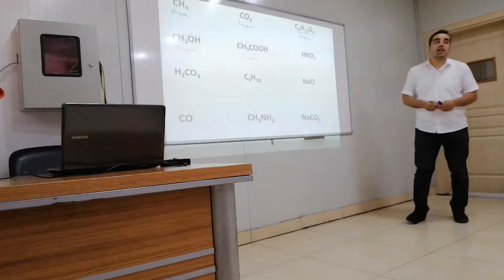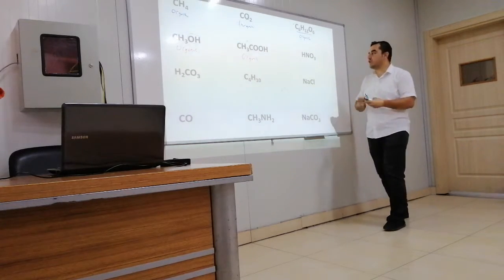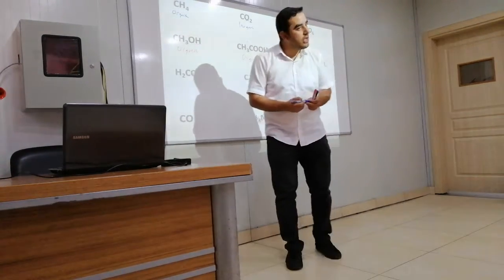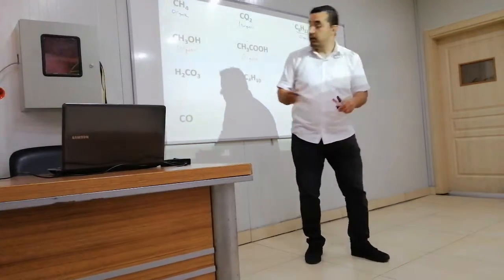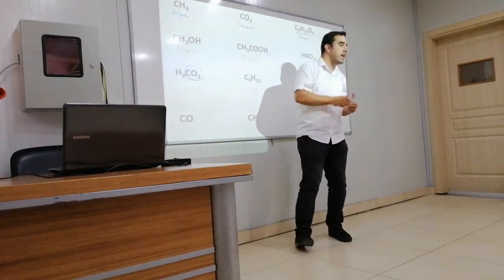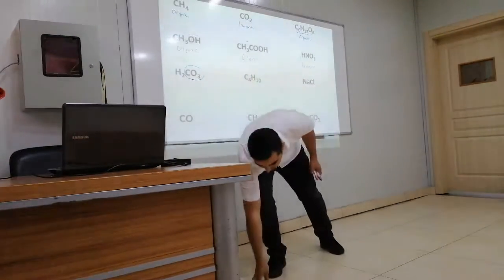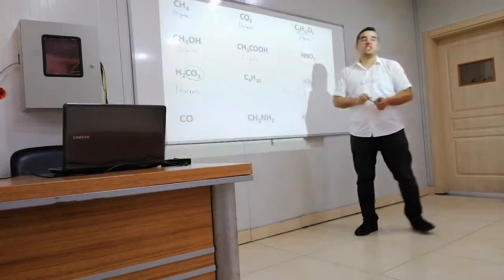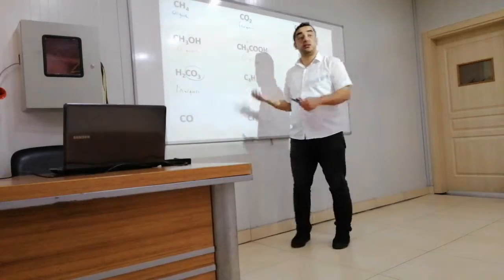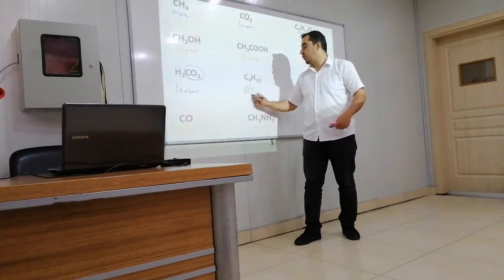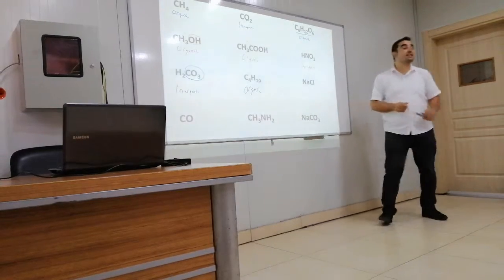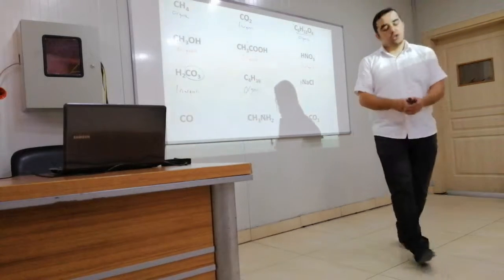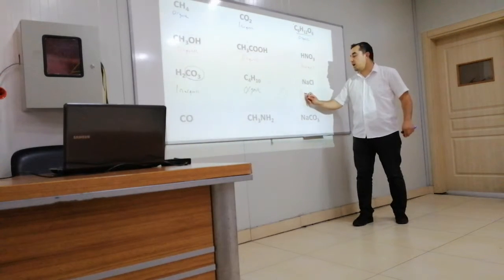What about HNO3? Is there any carbon? No. Because of that, we can say directly it is an inorganic compound. What about that one? Oh, there is also an exception, isn't there? Yes, there is what? Carbonate. As we know, carbonate is an exception. Because of that, we can say this is inorganic. What about C4H10? As you see, there is only carbon and hydrogen, with no oxides or carbonate, so this is organic. And NaCl. Can you tell me what NaCl is? Very good. NaCl is inorganic. Why? Because there is no